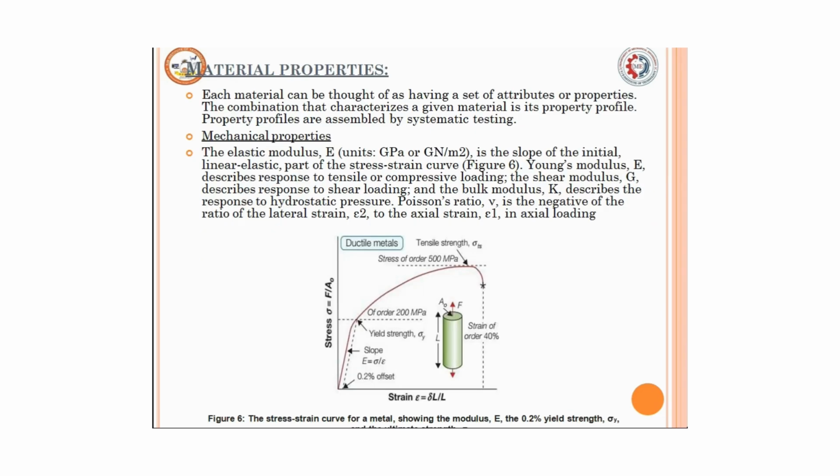So how to check the material properties of the given material? When it comes to material properties, each material can be thought of as having a set of attributes or properties. Combined, they characterize a given material, which is its property profile. Property profiles are assembled by systematic testing. For mechanical properties, you are going to check the tensile strength of the material. You are going to count Young's modulus, bulk modulus, shear modulus,